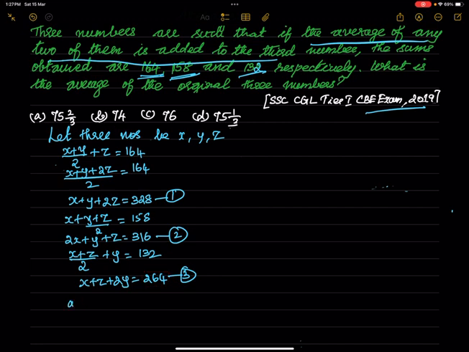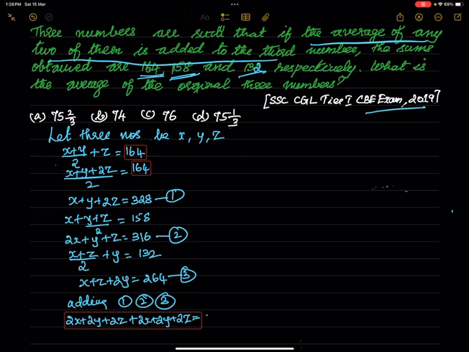Let us see. Adding 1, 2 and 3, what am I getting? In the first equation, 2z is there. In the second equation, 2x is there. In the third equation, 2y is there. So adding all the 3 equations, I am getting 2x plus 2y plus 2z, and apart from that, 2x plus 2y, when you add, you are getting this, is equal to